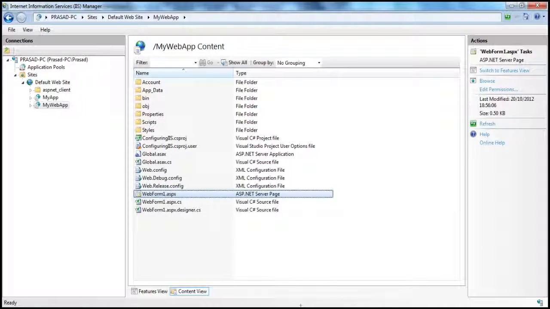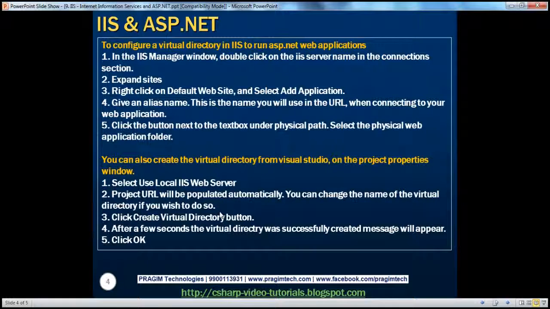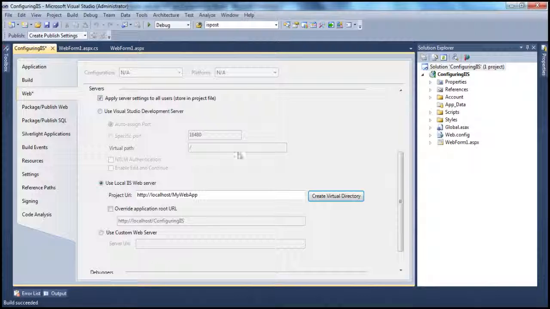All right. So basically there are two ways to create a virtual directory. You can either do that directly from IIS, or you can do that from Visual Studio, using the project properties. So to recap what we have seen, basically by default Visual Studio uses the built-in web server